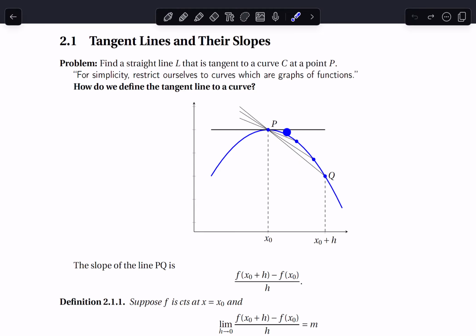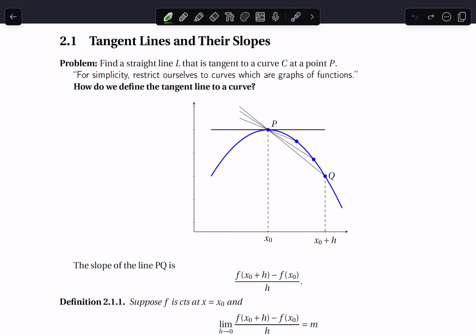So suppose that our curve C is this, and we choose this point P on that curve. To find the tangent line, what we do is we form lines passing from P and some point Q, which is also on the curve and which is close to P. Okay. So if you look at this line, we can compute its